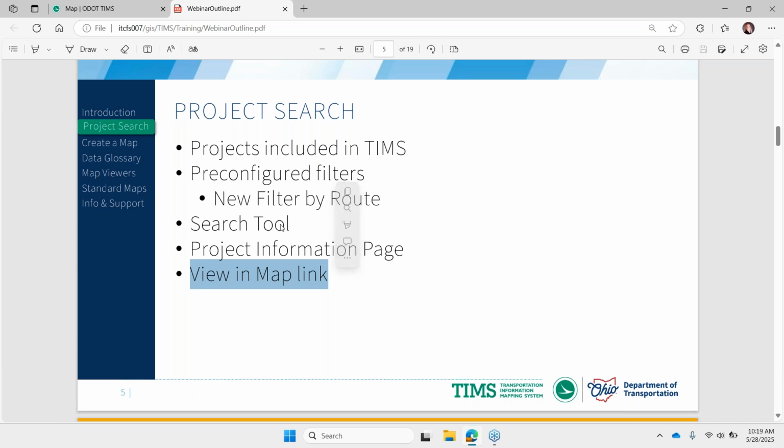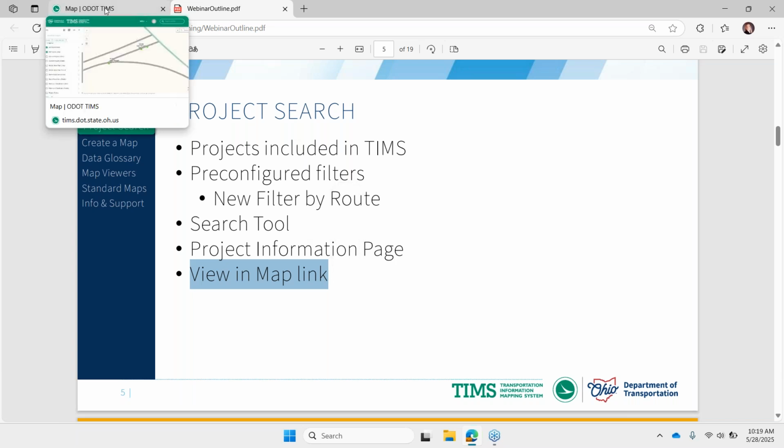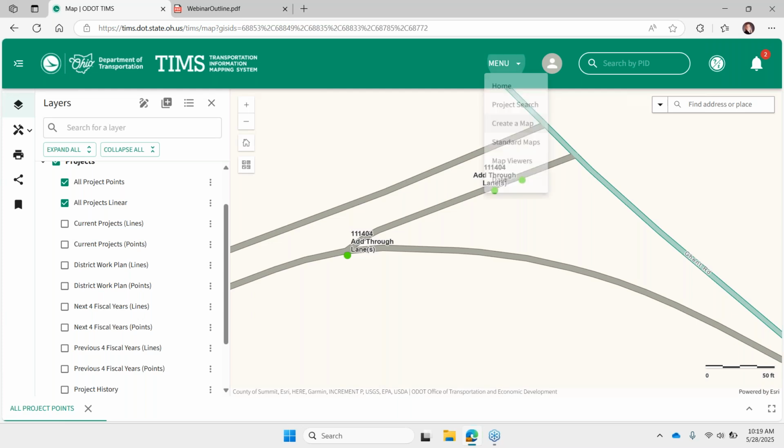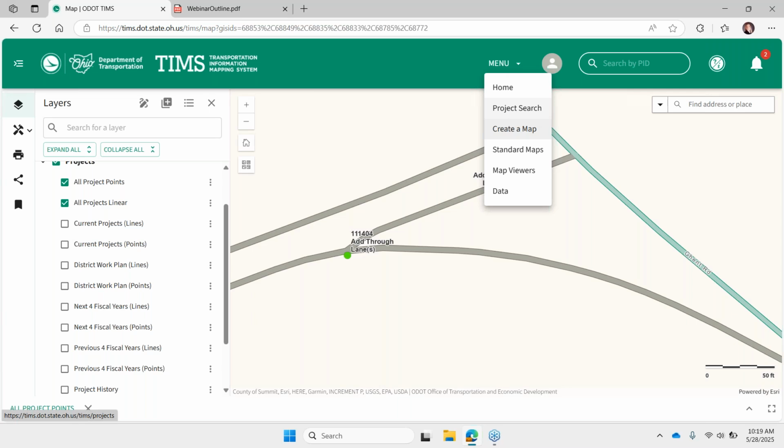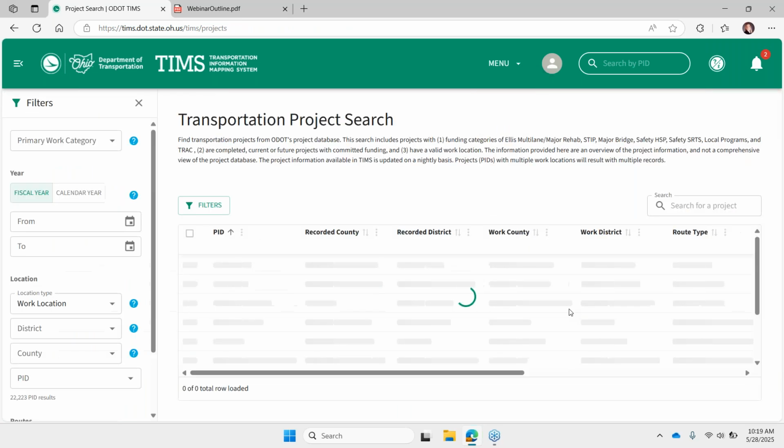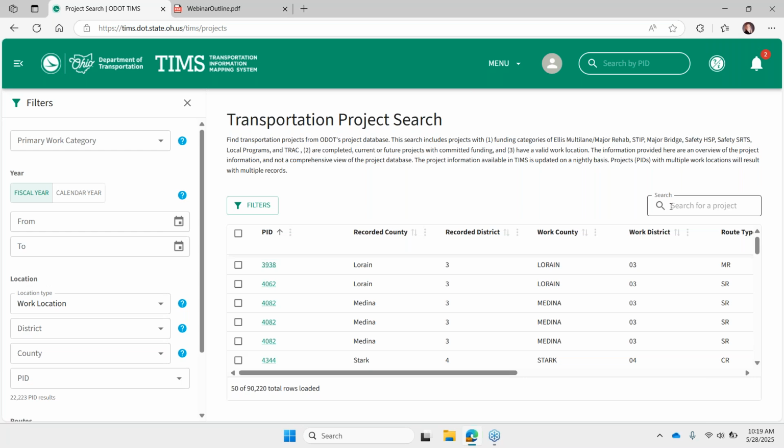We didn't demo that search tool, so maybe that's worth stepping back to. I'm going to get back to that page by this menu dropdown. Whenever I'm not on the home page, I'll have this menu option available in my header bar, and that's just a shortcut to the individual pages. So this search tool right here, this is what I want to make sure I don't skip over. You can use this as a generic text search within this results table.